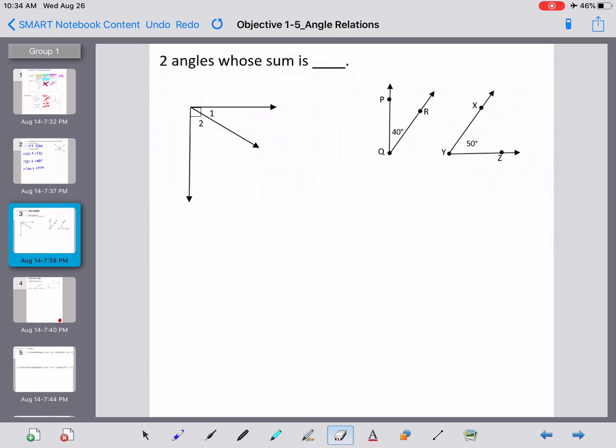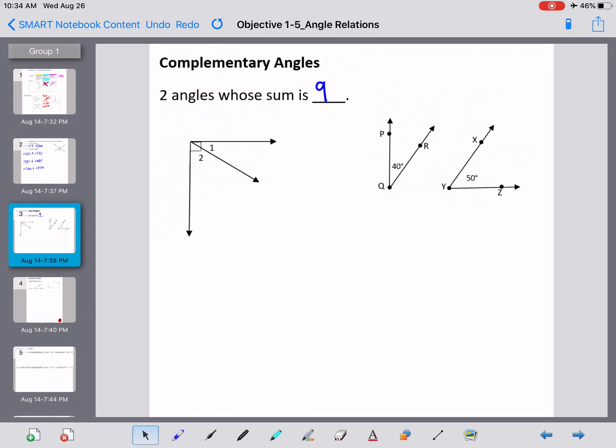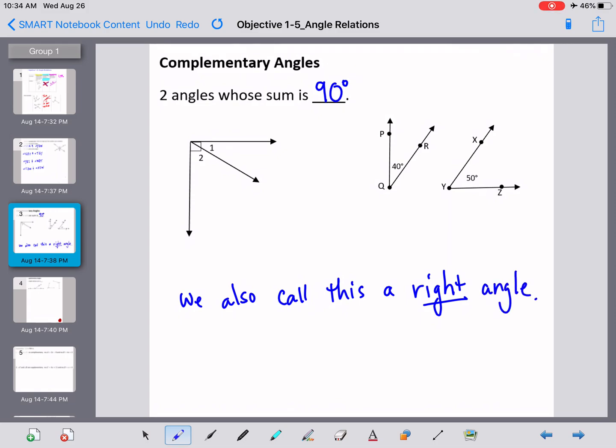Now, two angles whose sum is 90 degrees. Complementary angles are two angles whose sum is 90 degrees. We also call this a right angle, okay? So you can have it two different ways. In this first picture,